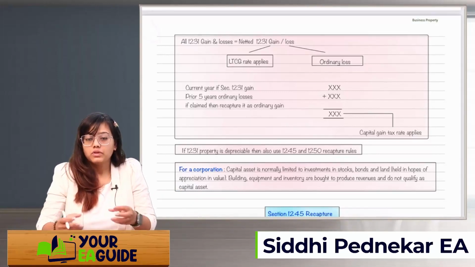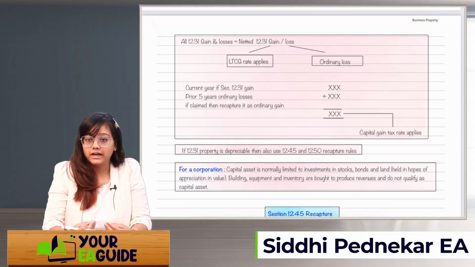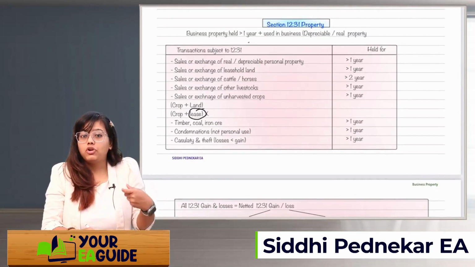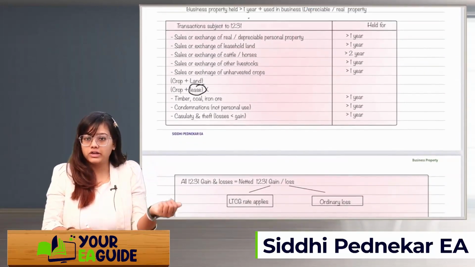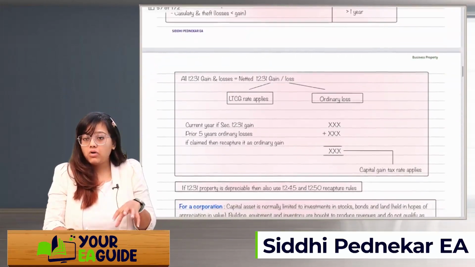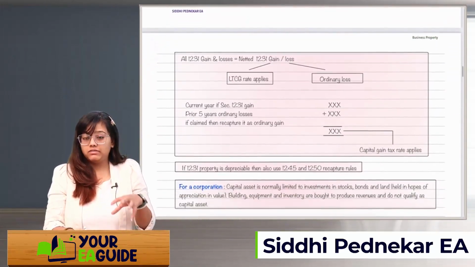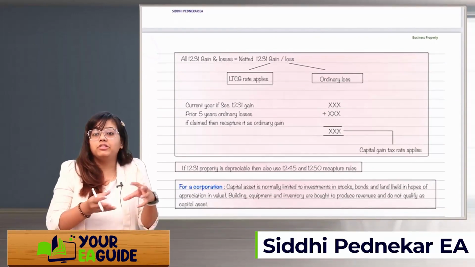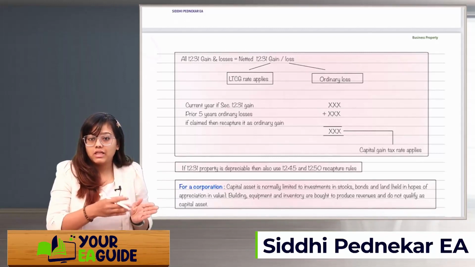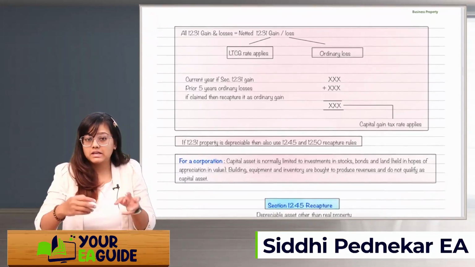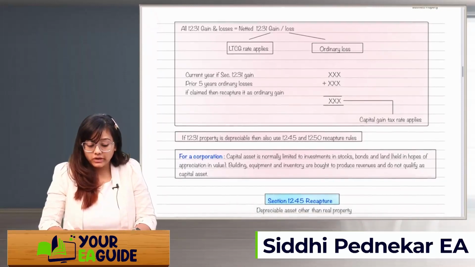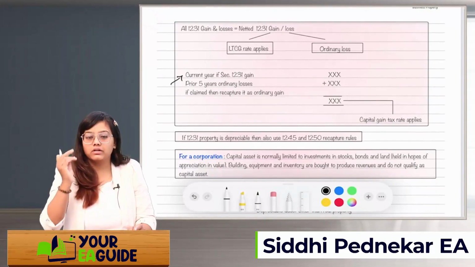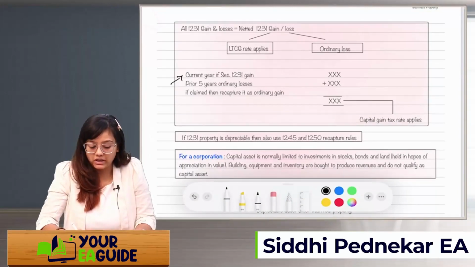So if we have an ordinary loss, previously if there was a sale of such 1231 property and a loss was incurred, we might have allocated it to the ordinary loss. But now if there is a capital gain, again we are selling some 1231 property, if there is a capital gain in the current year, and we also have previously allocated ordinary losses, that will be offset against the current year gains. Look over here, it's the current year 1231 gain, which you have by selling the 1231 property,